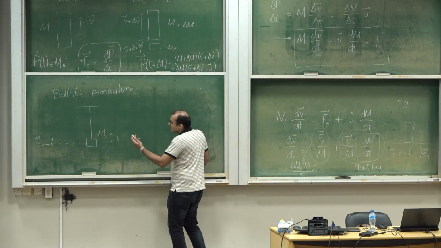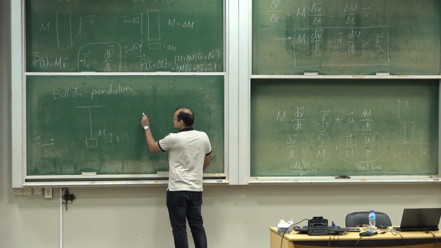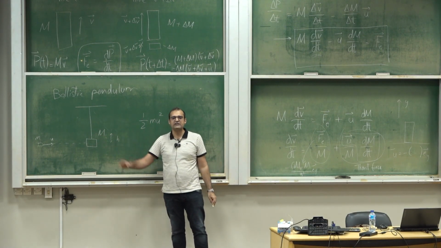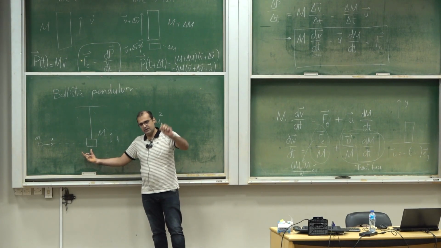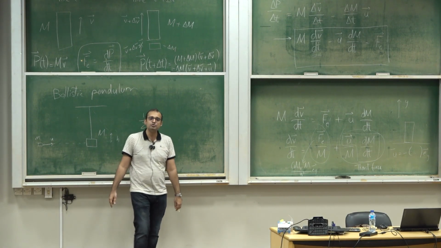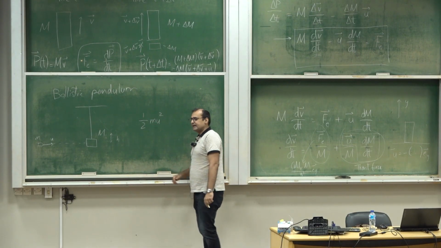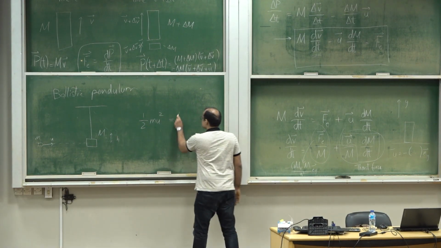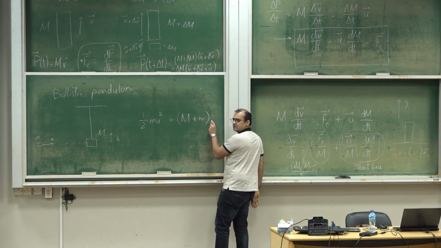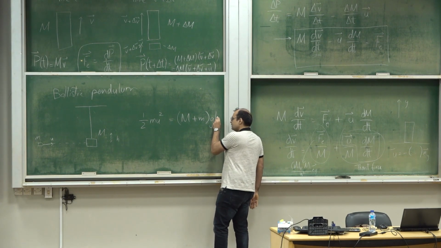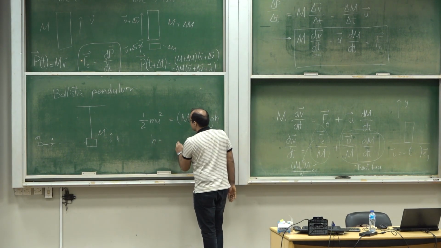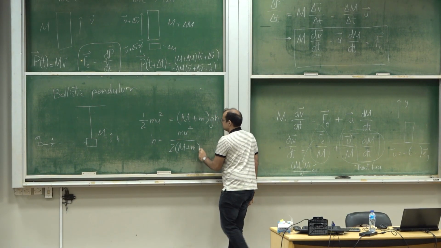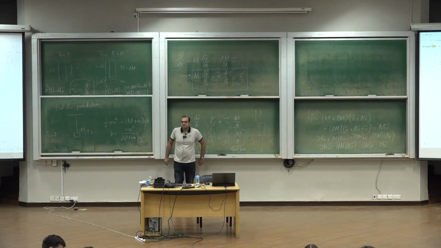सो what you do is कि आप सिंपली कह देते हो ओके लेट्स यूज कंजर्वेशन ऑफ एनर्जी. उसकी जो इनिशियल काइनेटिक एनर्जी है वो हाफ m u square है. I'm treating the block plus the bullet as my system. The block is initially at rest, zero kinetic energy. The bullet is moving with speed u initially. ये आपकी kinetic energy है. All of it eventually gets converted to gravitational potential energy, capital M plus m times g h. And this allows you to write down that h equals m u square divided by 2 times capital M plus m times g. ये ठीक है,